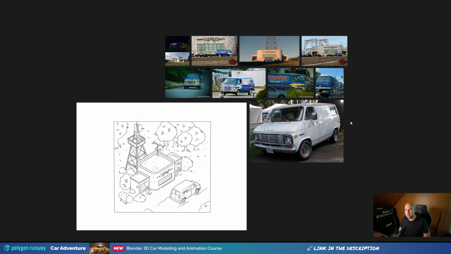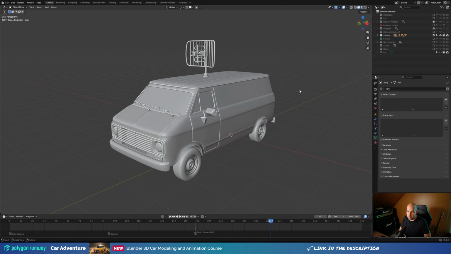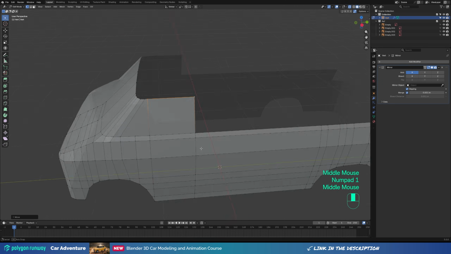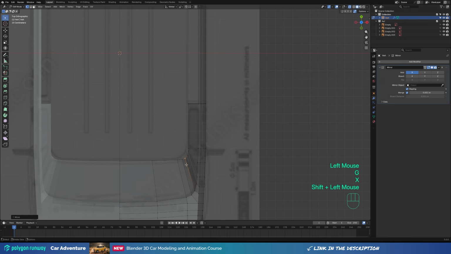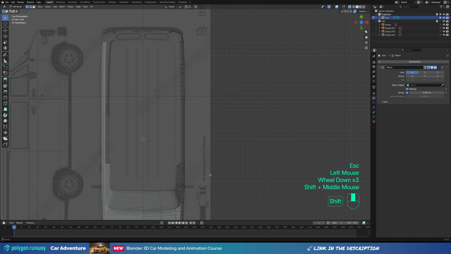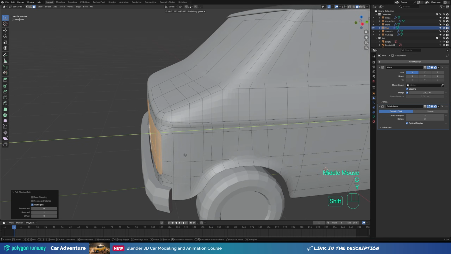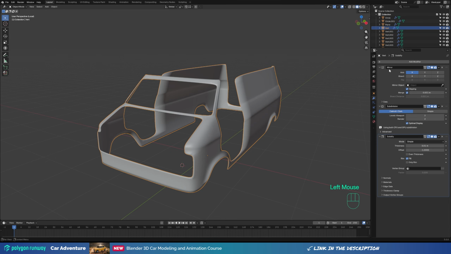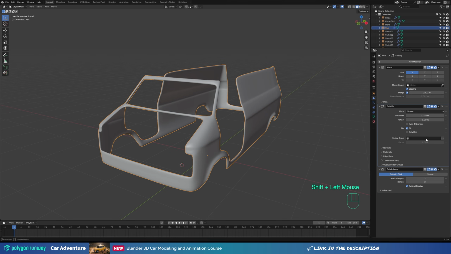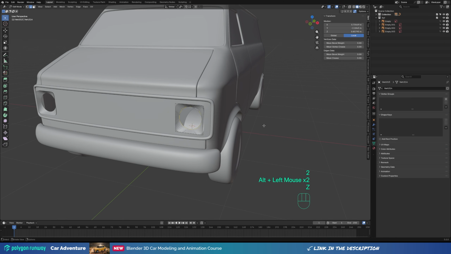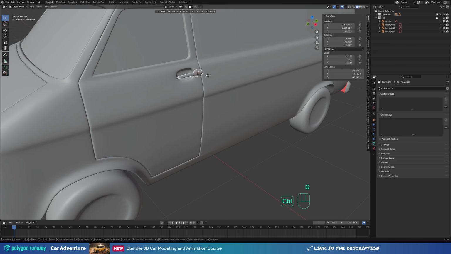So the first thing I like to do in cases like this, I just jump into the car modeling, because the hero asset, the car, the vehicle, needs to be built anyway. So I might as well just start with that and relax a little bit. I often play some show on the side or something, load up the blueprint and just start modeling the vehicle. I really enjoy the process, and here basically I follow my standard car modeling method